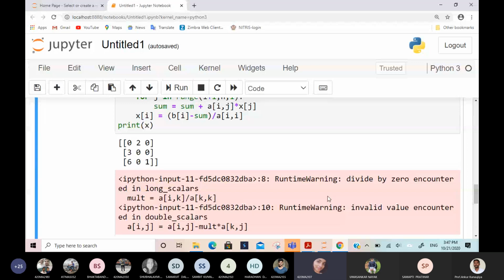Because whatever logic you are applying for interchanging, the same logic you have to tell to the computer, to Python. Python will do the same thing, right? So we have to write some lines so that the computer will also know that now we have to change this row. Here you can clearly see this number is 3 and 6.